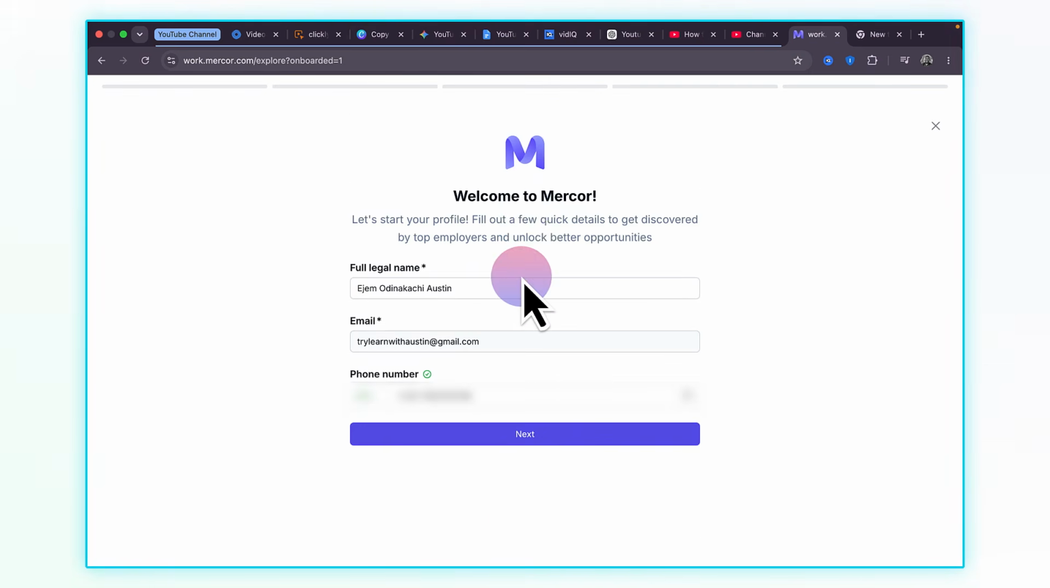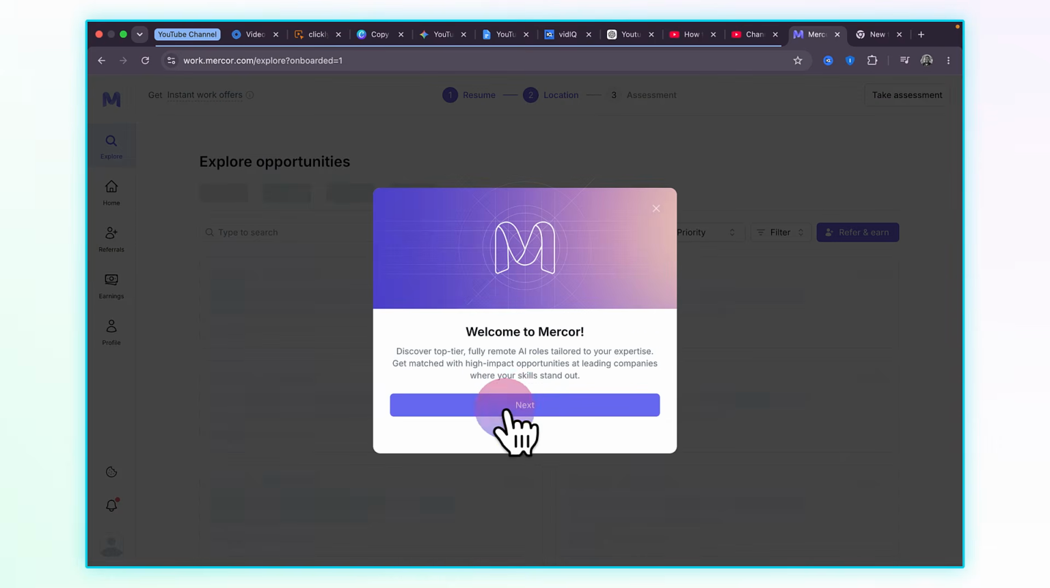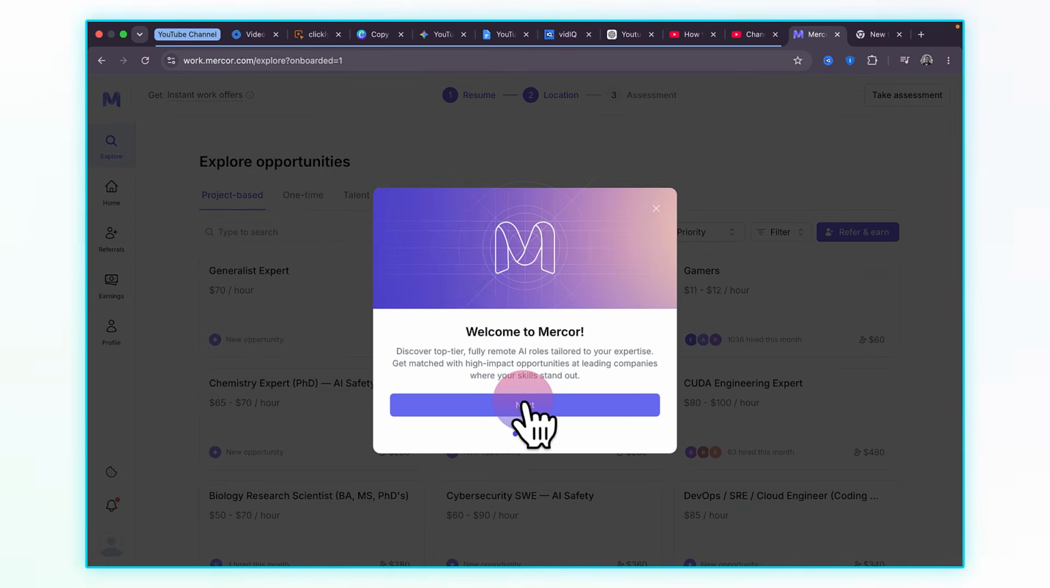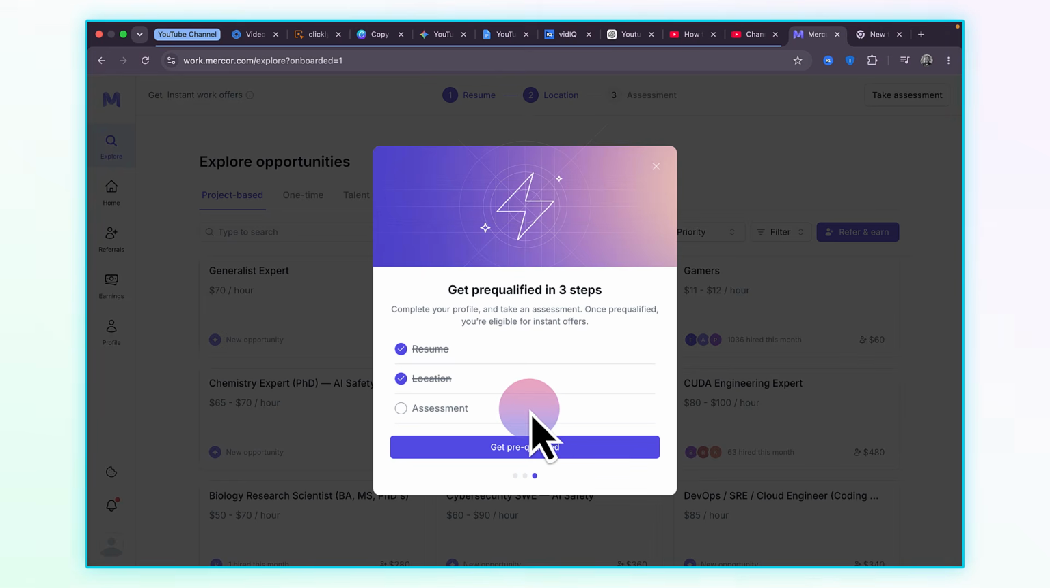I'm just going to click on complete for profile. So my account has been created now. The next thing now is for me to take an assessment. So if I click on get pre-qualified,